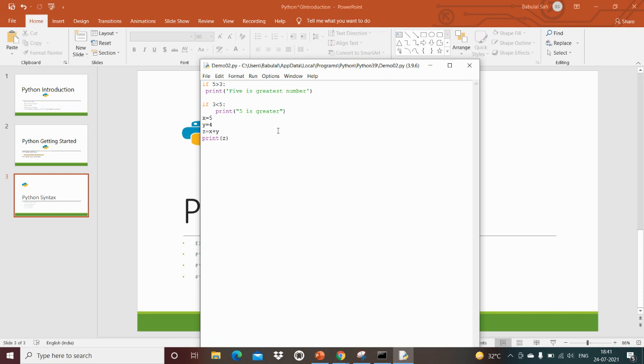Now comments. Python has commenting capability for the purpose of in-code documentation. Comments start with the hash, and Python will treat the rest of the line as a comment, right?